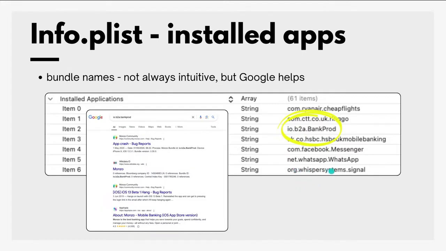Net WhatsApp, you probably know what that is, Facebook Messenger, but there will be some that don't really make much sense, as it's not usually externally facing to users. So for example, I had something called IO B2A Bank Prod. I was not sure what that was. It didn't sound like anything I knew, but in that case, Google is your friend, so obviously you can check that out, and it turned out for me to be the Monzo Bank, a popular bank and mobile banking app